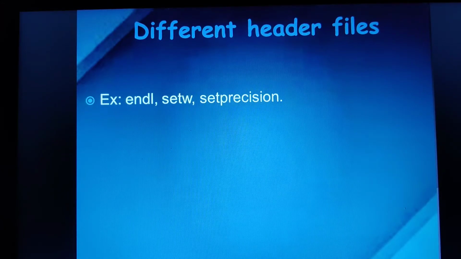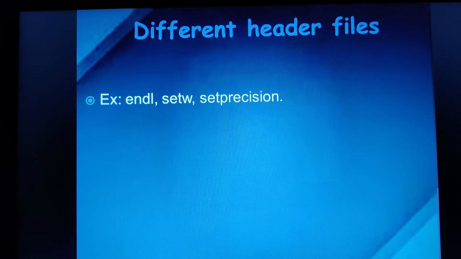In our previous video classes, we started with the topic of built-in functions or library functions. We discussed the stdio.h, string.h, stdlib.h, and iostream.h library functions. In today's video class, we shall discuss iomanip.h and math.h, which are the remaining library functions to be discussed. Let us begin with the first one, that is iomanip.h.